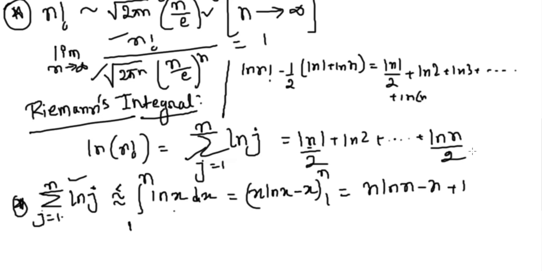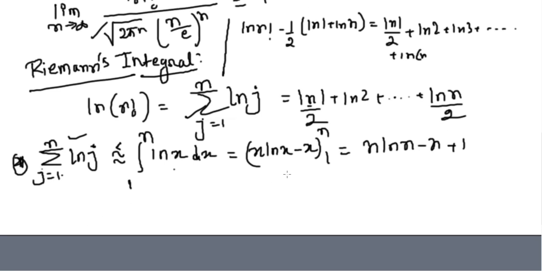Now, in addition to all of this, there is something else that we call approximating. So we write the equality in the Euler-Maclaurin formula in its complete terms like this. The left hand side is basically ln of n factorial minus half of ln n, and the right hand side is the integral that we found, this minus this plus 1,